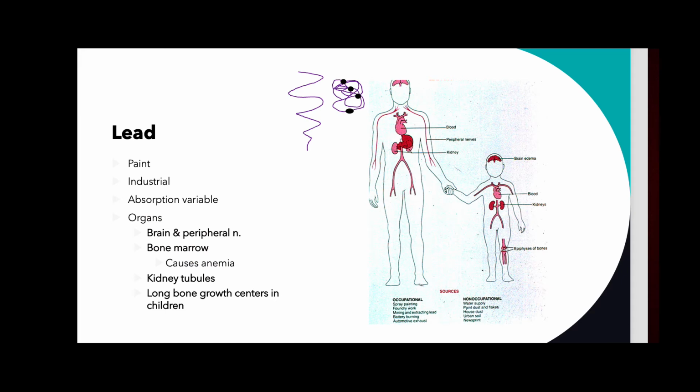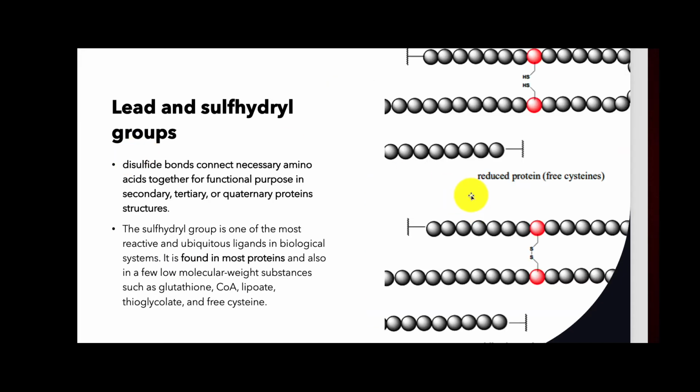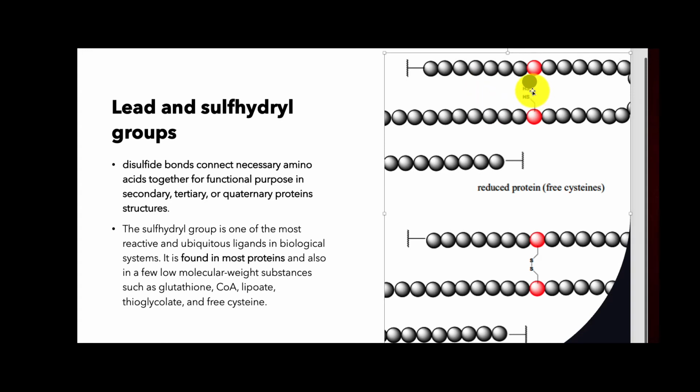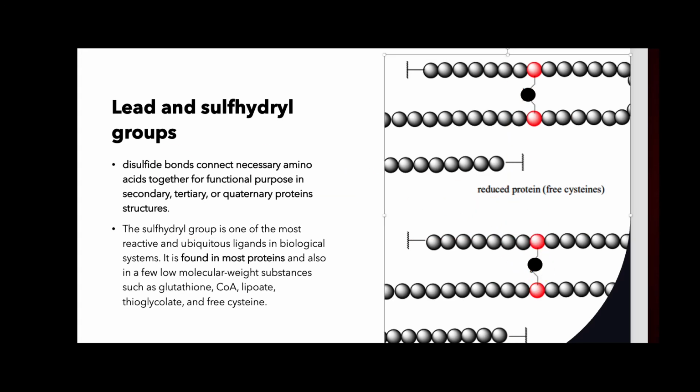So let's move on here. What I wanted to show you on this slide, before we get too far out of the lead discussion, is these disulfide bonds that connect proteins together, right? You can see this strand of amino acids, and then it comes around here, and we have this disulfide bond that is pulling those two strands together. Well, that is where Mr. Lead will bind, and as on the last one, it was black, so let's keep it black. So again, the more disulfide bonds we have, the more lead is going to bind to those tissues. So I just wanted to show you that.